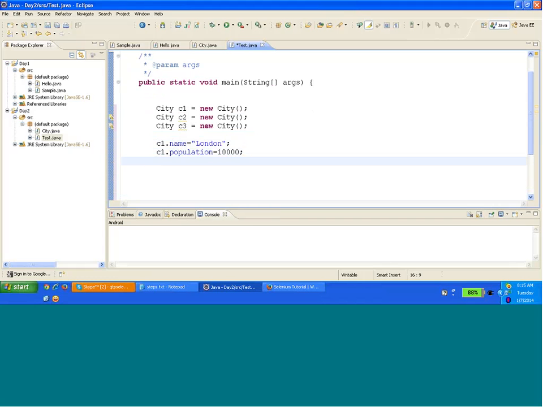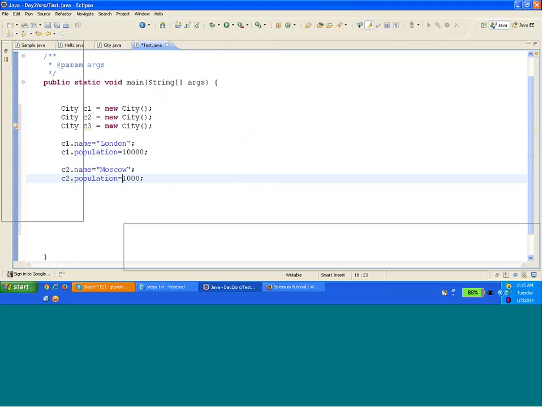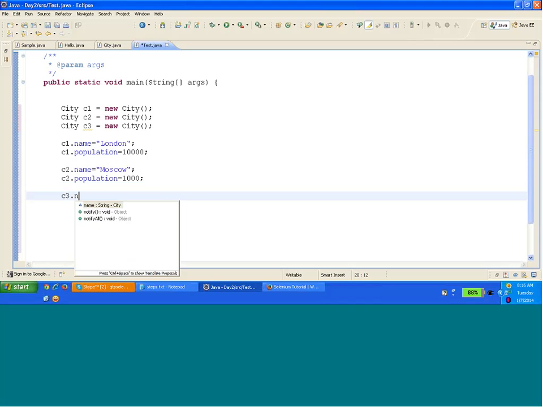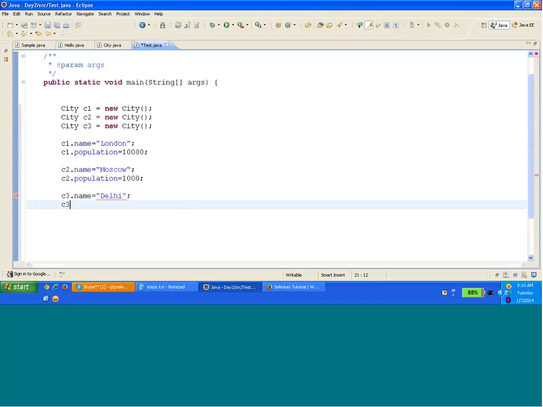Similarly, I can manipulate C2 dot name is, say, Moscow. C2 dot population is, right? And hold on. Similarly, C3 dot name is Delhi, and C3 dot population is,